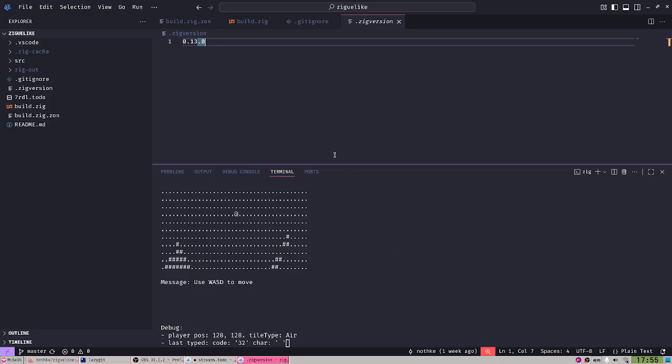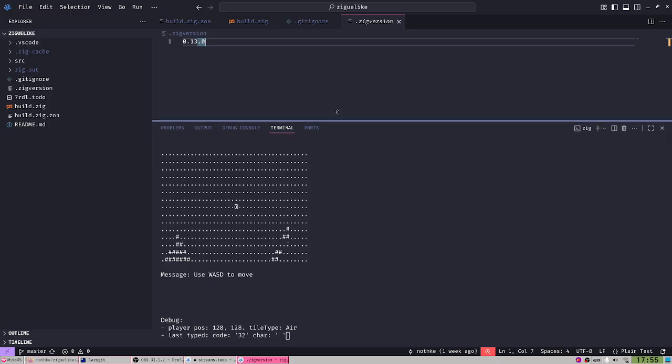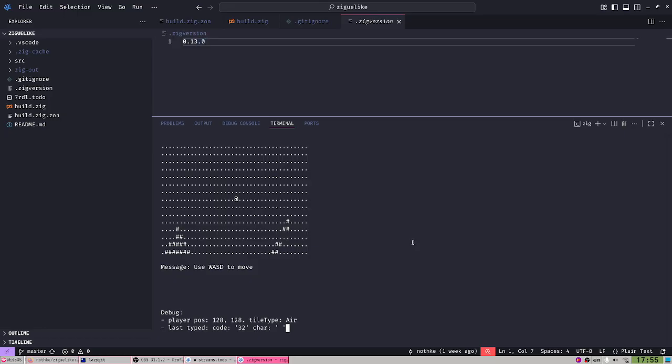There it is. Okay, so here we go. This is Zigdown. It's a little roguelike game. You can even clone it yourself and play. You play by using the WASD keys. And when you move the character, you move around the world, right? And it's centered around the character. I have a little bit of debug down here, position, which tile there is.